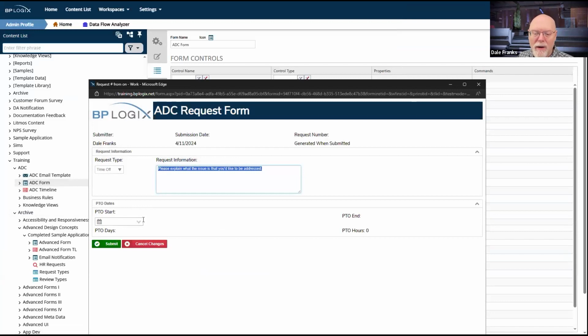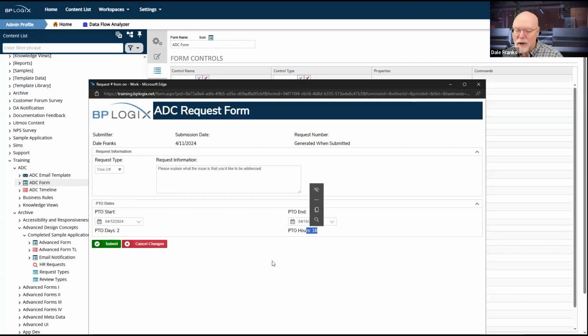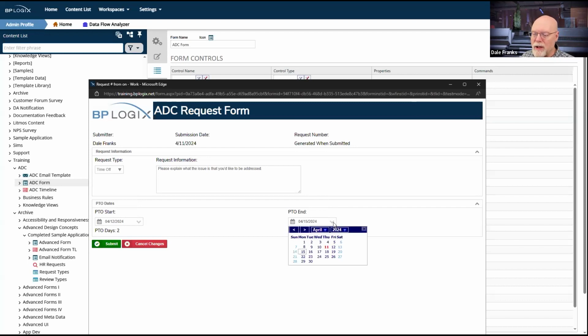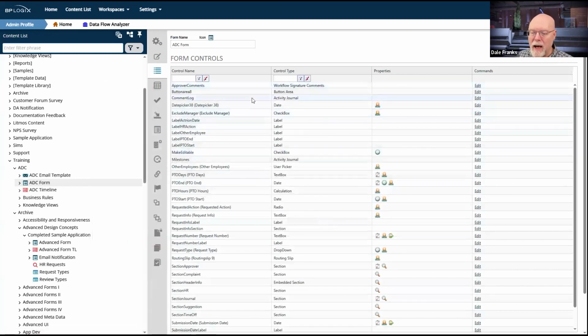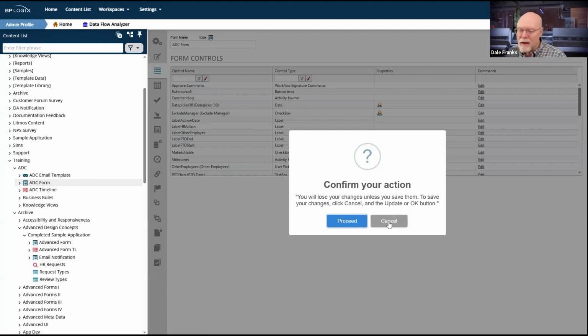Testing as you go is pretty important. So we'll go with 12 there, and we'll go with the 15th there. There we go. That gives me 2 days on my date diff and 16 hours on my number of hours on my calculation field. So I'm taking 2 days or 16 hours. And of course, if I make a change here, it's obviously now going to be 5 days with 40 hours of PTO. So my calculation control and my system variable, now that I have the correct field names included in it, work. And so we're happy little campers. One other thing, oops, don't want to do that.